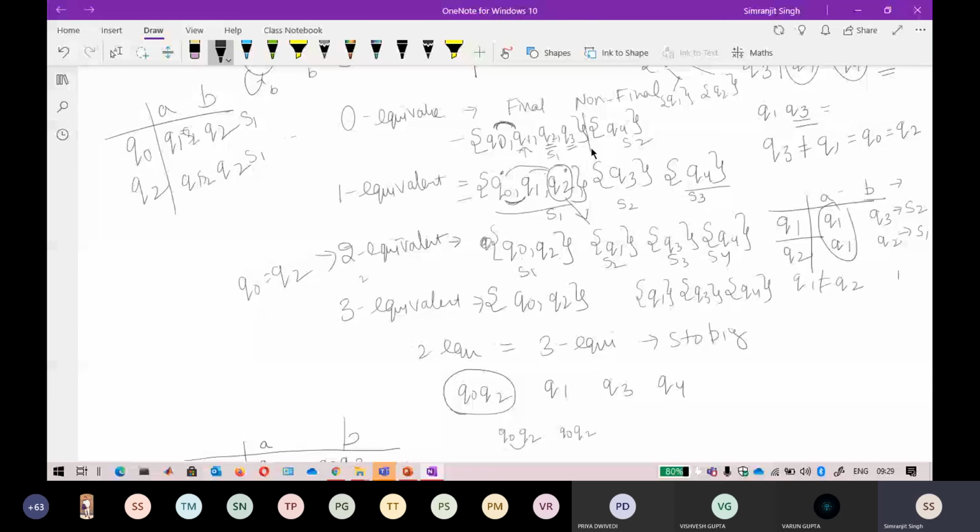Okay, so if Q4 has 2 final states, then I will try to break these 2 final states into 2 different sets. Okay, so already in the starting Q4 is a different set. So for a set which contains only one element, I do nothing about it. Okay, so I just copy and paste the set again and again. Now here Q4, every step you will find, I will not check it, I will not bother about it, because this state is already